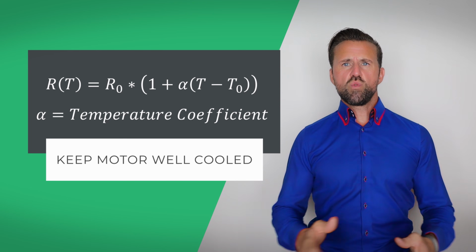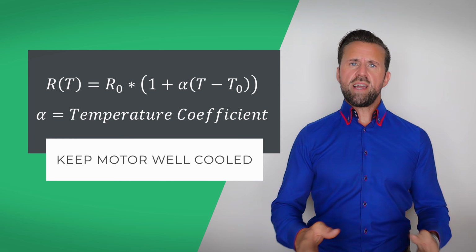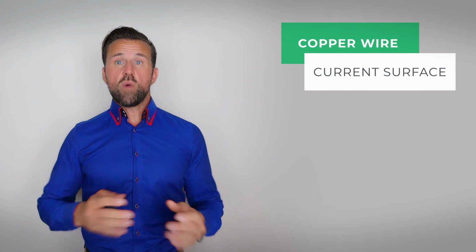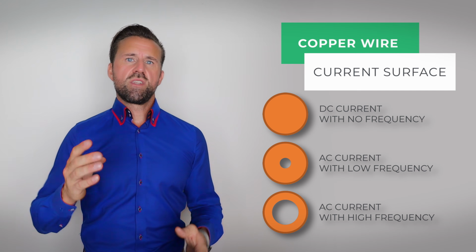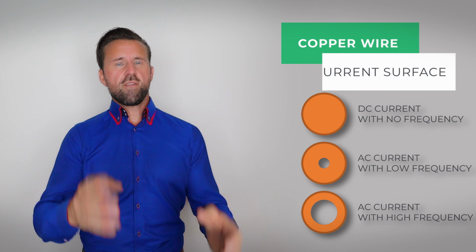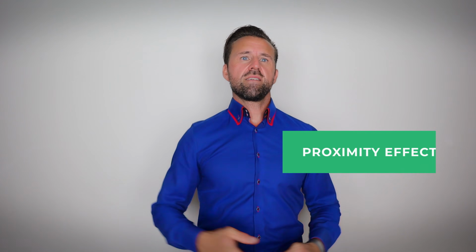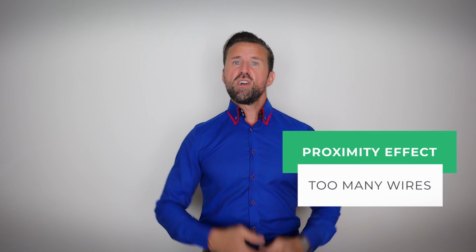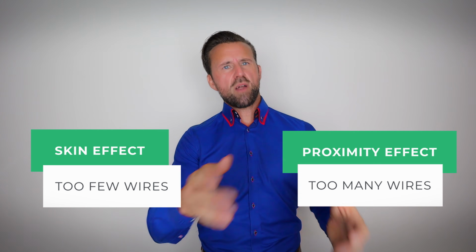You should always ensure that the electrical motor is well cooled. Otherwise, the temperature of the windings will quickly increase. The frequency-dependent ohmic losses rise with an increase of the frequency due to the skin effect. The skin effect reduces the area through which the current can flow. To reduce the effect, wires with a large diameter are divided into several separated wires. However, dividing into too many wires also increases the resistance due to the proximity effect. So it is not easy to find the best number of parallel wires.